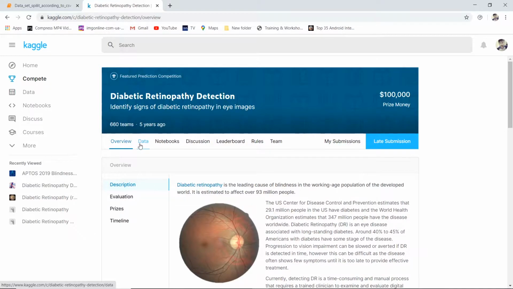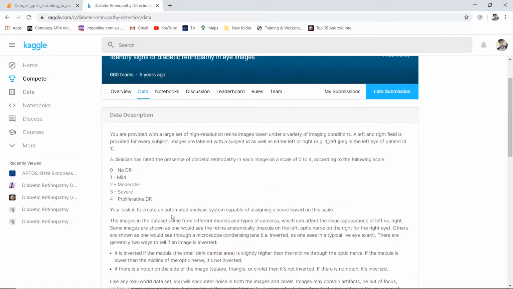Now if we look at no DR, it is labeled as class 0. That means there is no diabetic retinopathy for these images, and then there is mild, which is labeled as 1, moderate labeled as 2, severe labeled as 3, and proliferative diabetic retinopathy.